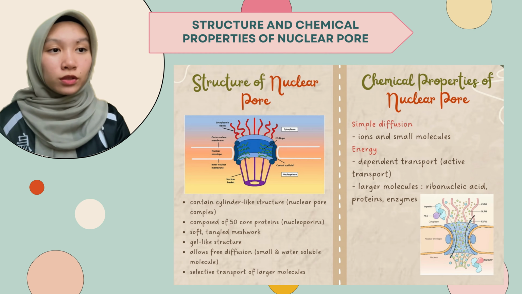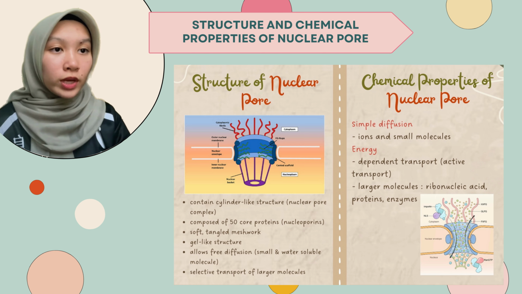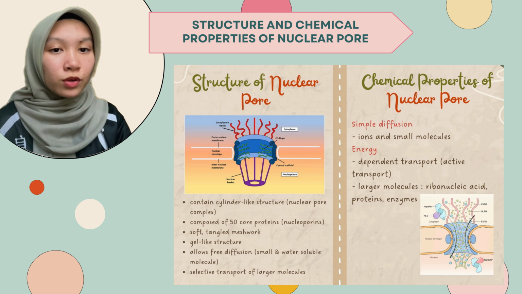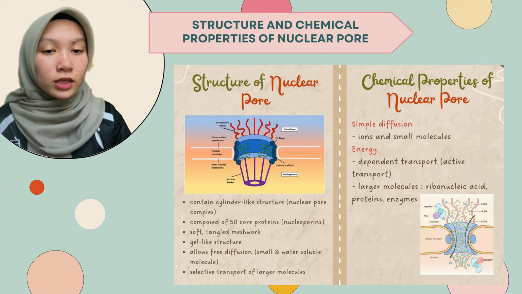The structure of the nuclear pore is surrounded by a cylinder-like structure called the nuclear pore complex. It is composed of 50 core proteins known as nucleoporins. The nuclear pore is a soft tangled meshwork which forms a gel-like structure due to its binding to repeated amino acid sequences. It allows free diffusion of small water-soluble molecules. On the other hand, it is also a selective transport for larger molecules, for example, nuclear localization signal and nuclear